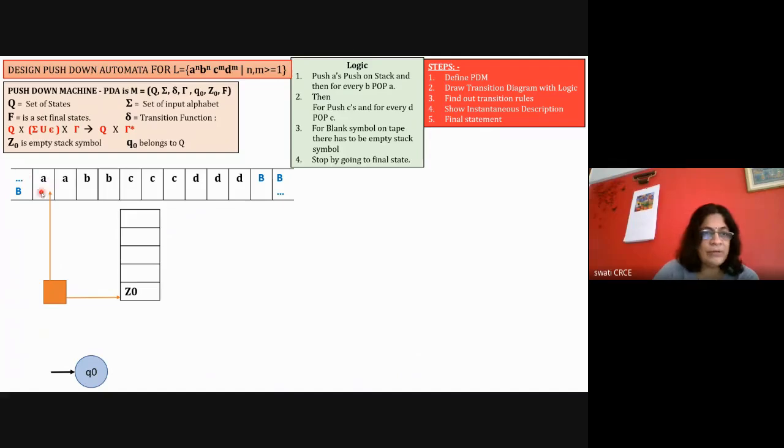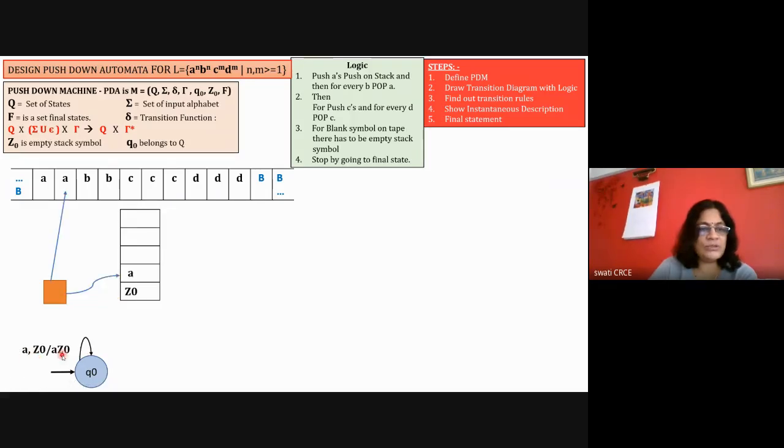We'll see now, whenever you are doing this working and simulating by yourself, how to draw the diagram. So the initial state is Q0 with A comma Z0. So perform the push operation and remain in the same state. In the state Q0, A comma Z0 is equal to A Z0. With this read operation of A, it has gone ahead and this A is added onto the stack. So A with Z0 in the state Q0 is equal to the last two symbols A Z0. Now with A comma A, it will be double A, the last two A's.